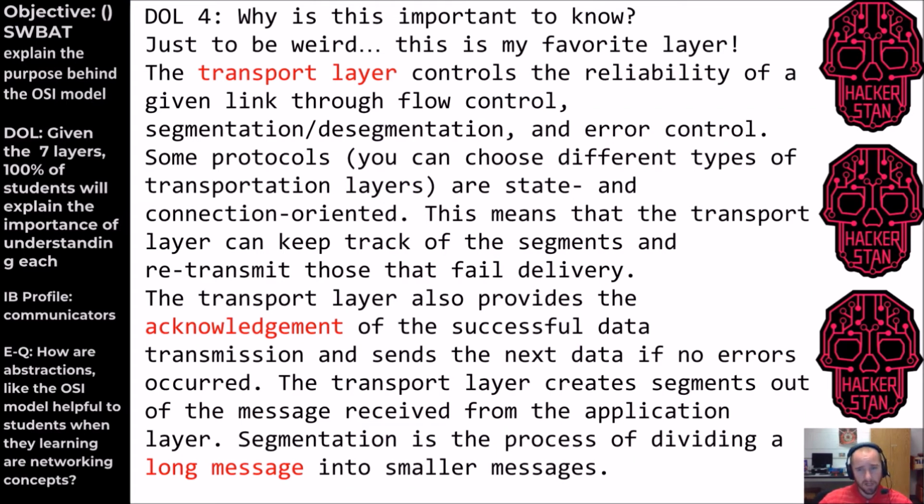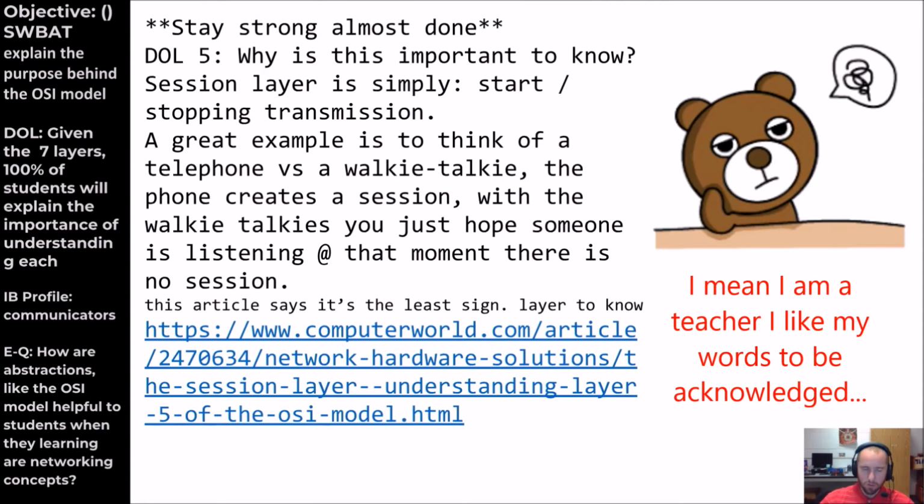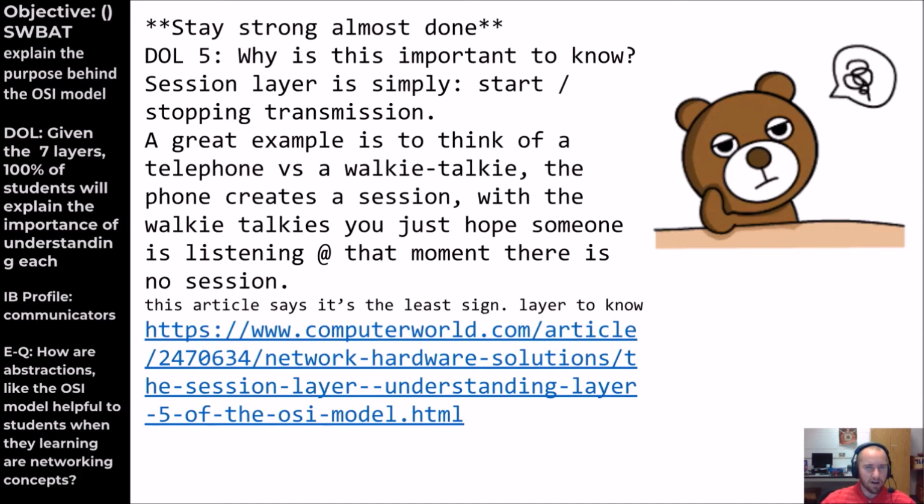So why is it my favorite layer? Maybe because of this word, acknowledgement. It's all about acknowledgement. Stay strong here, we're almost done. We're at layer 5 now. This is the session layer, and to state it simply, it's the start and the stopping of the transmission